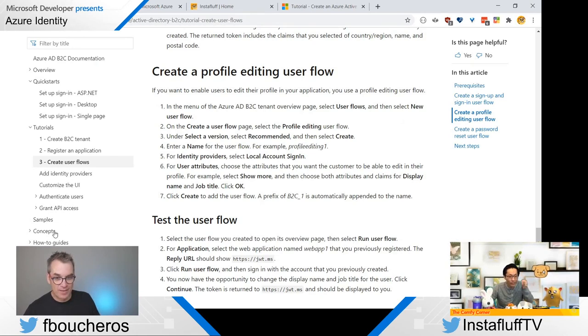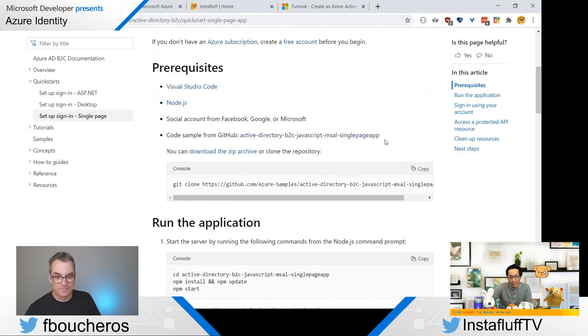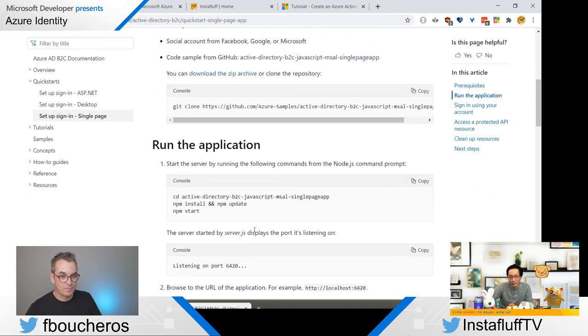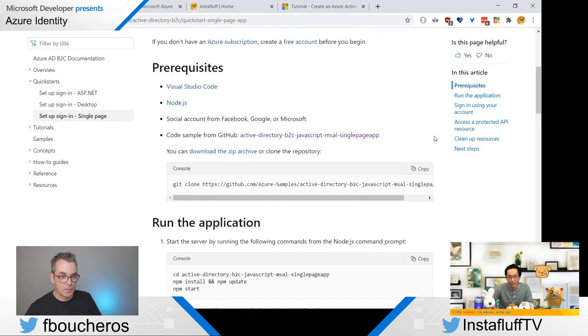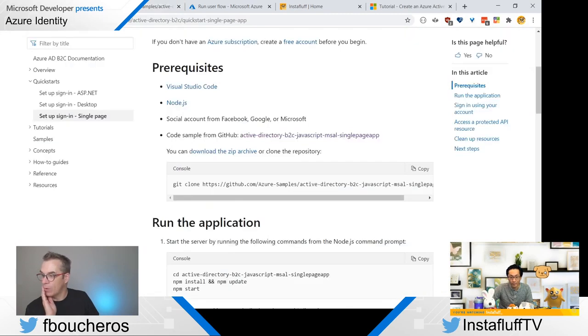Okay, so let's see. We can go to either. Was it in the samples? Oh, set up, sign up, single page. Here, let's see. All right, so code sample here. The thing is, we need it on a website, like on a web server somewhere, and so that makes it a little more difficult. Well, if you're running from an ASP.NET, depending on your setup on your machine, you could add the localhost with the port. Even if you do a .NET new and you specify the tenant, I think this could work.